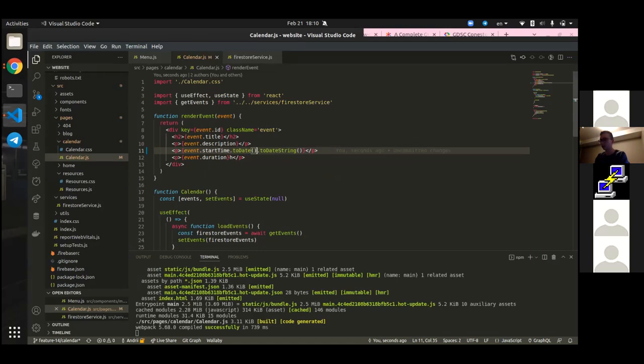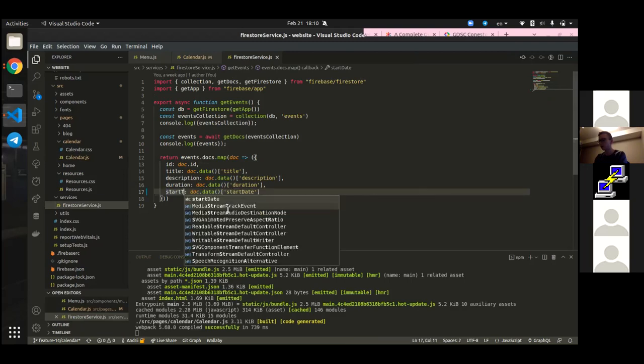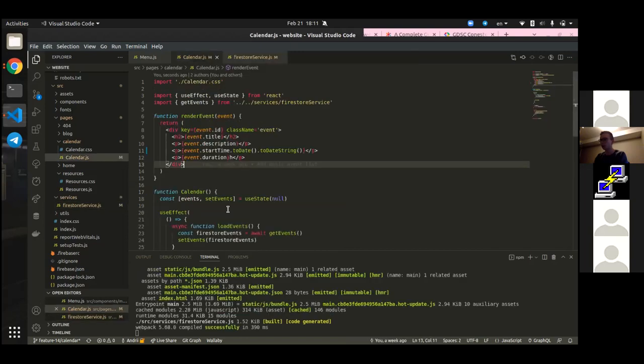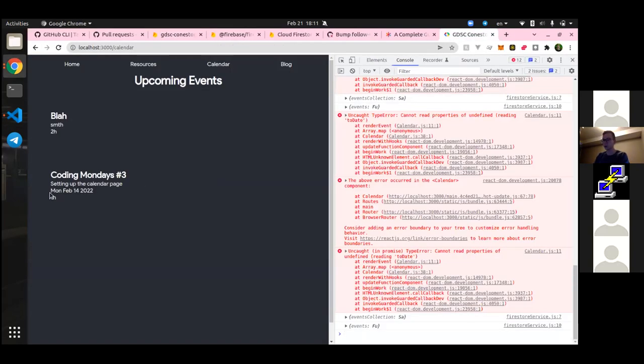But I think the error was telling us that the start time is undefined. I think in our service, we also need to change something. Yeah, so it's looking for start dates. We might want to do start time, because that's what we have. Start time. And we also need to make sure that we check if the start time exists, because one of those documents didn't have that. So I'm just checking if it exists. If it does, I'm going to render the string representation of the start time. So let's see how that looks. And bingo, we have our dates